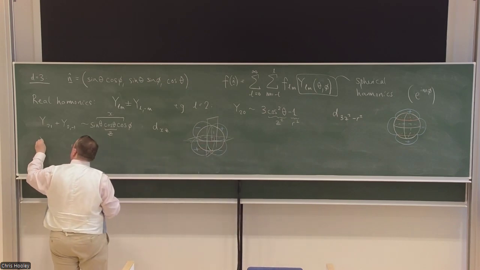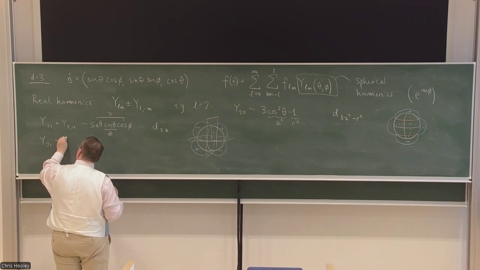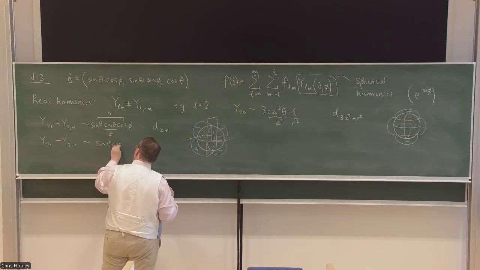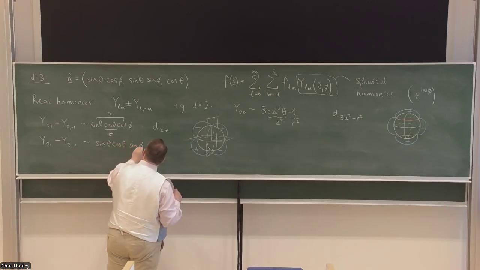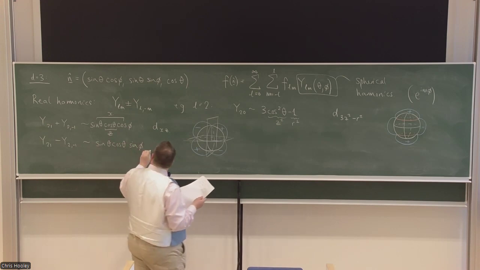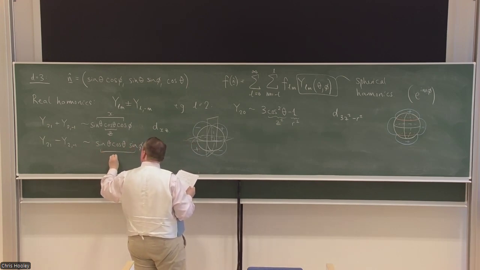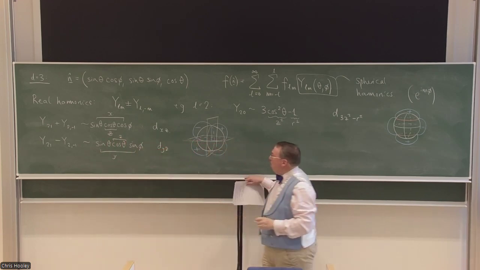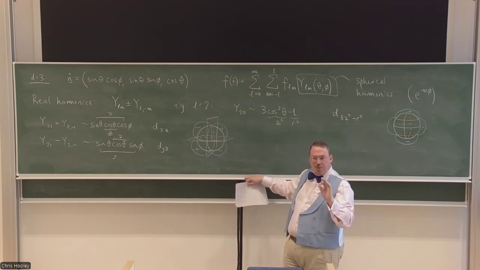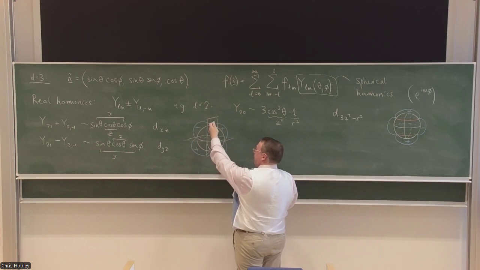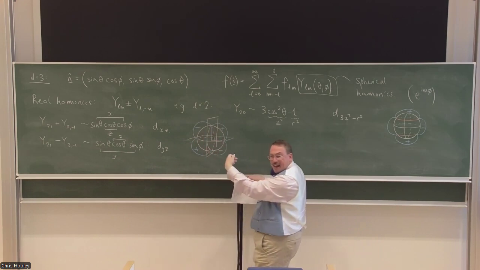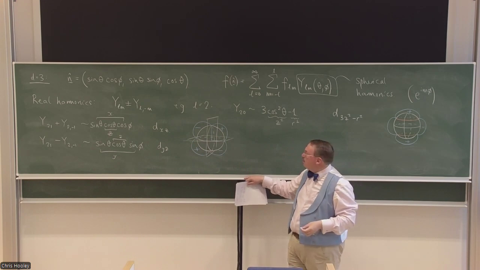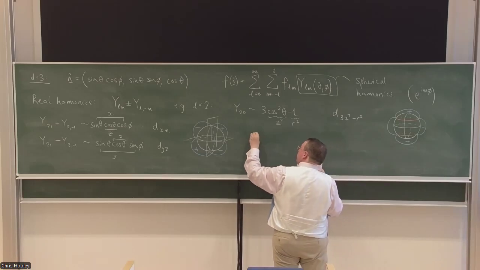So they're not just rotated versions of each other. But obviously this one, Y21 minus Y2 minus 1, is just a rotated version of this because it has the same theta dependence, but now sine phi. And so now this combination looks like y, and this is z. So this is now d yz, and that is just a rotated version where this plane is pulled round to here. So I won't draw it, it's just rotated around the z-axis by 90 degrees. And then we've got 2 others,